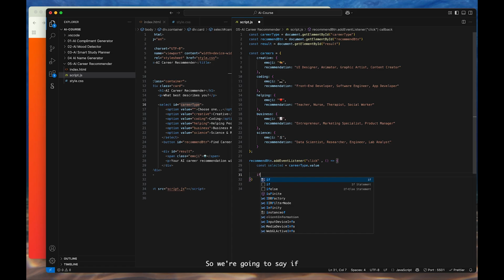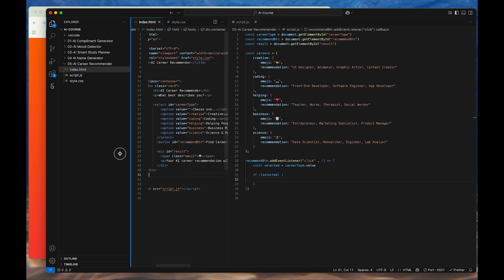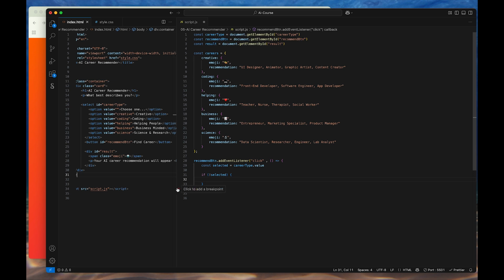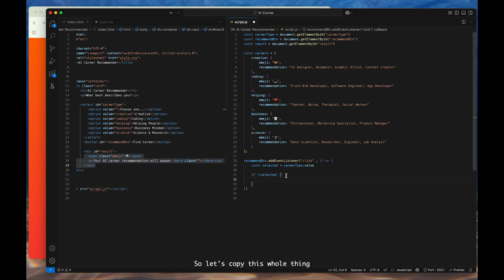So we're gonna say if it's not selected, then I want to show something which will be the same as this one. A span with class of emoji. I'm gonna copy it in here. So let's copy this whole thing and paste it in there. Sorry, we need to do that with result